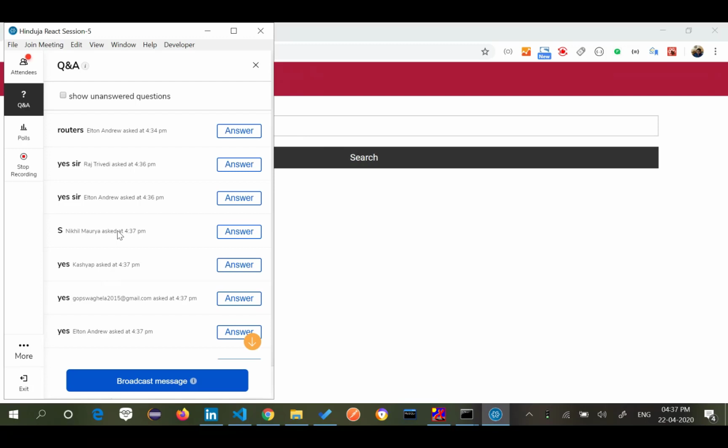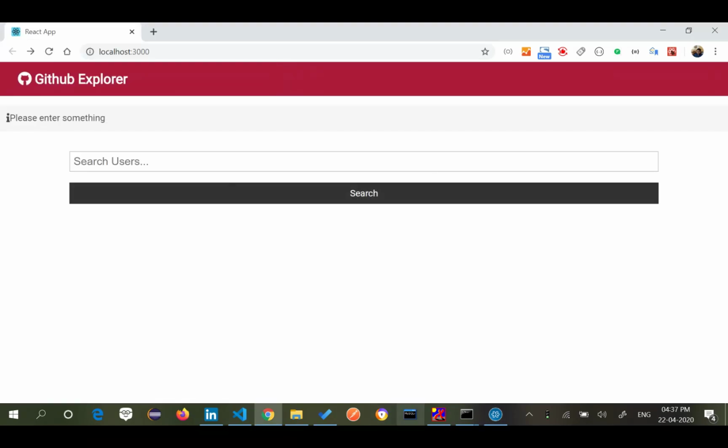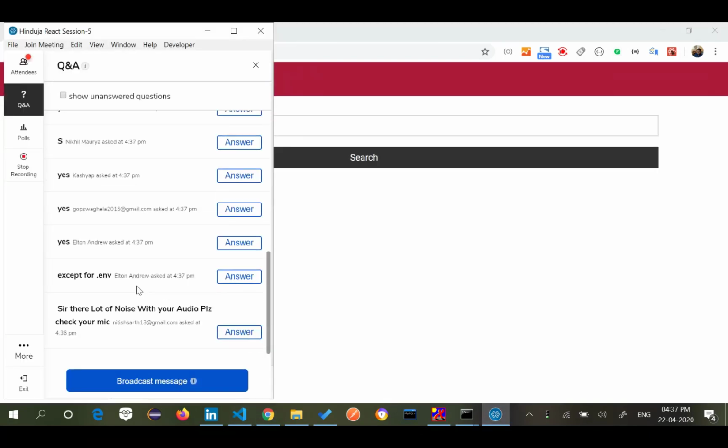What we have done in the last session, we have done till alerts, right? Alerts is also done. The .env part, we'll do that, don't worry, we'll take care of it. So we have done with the alerts part as well.